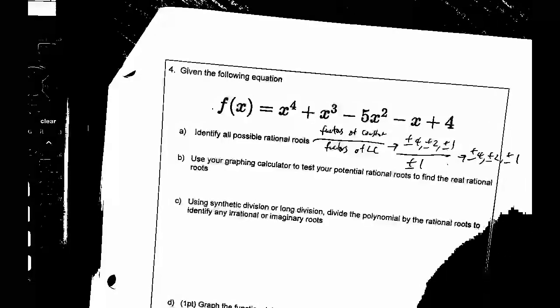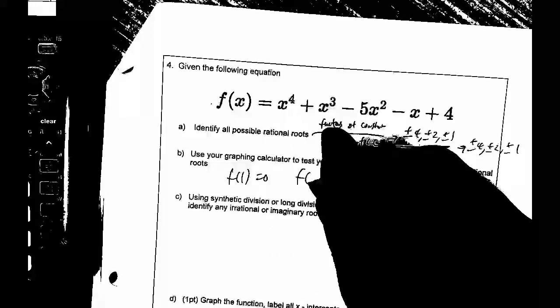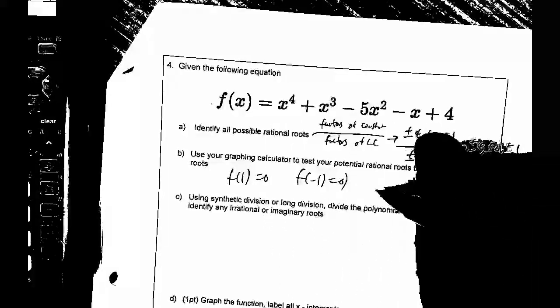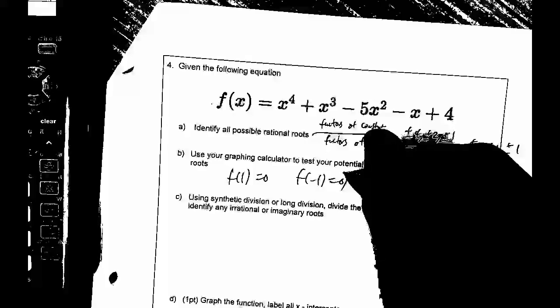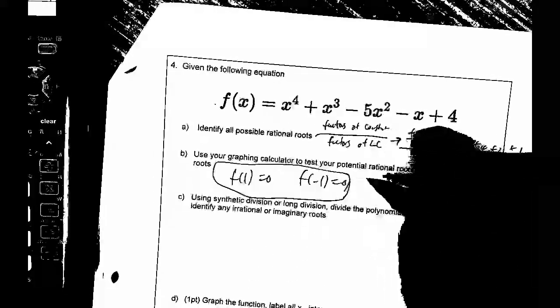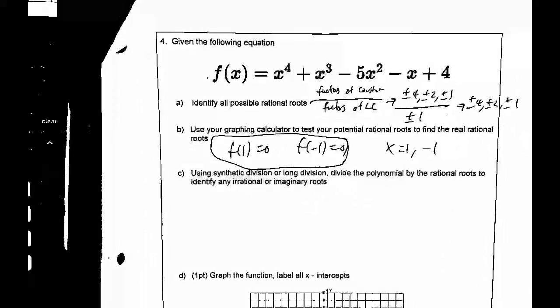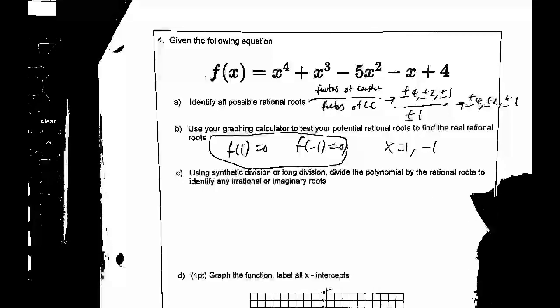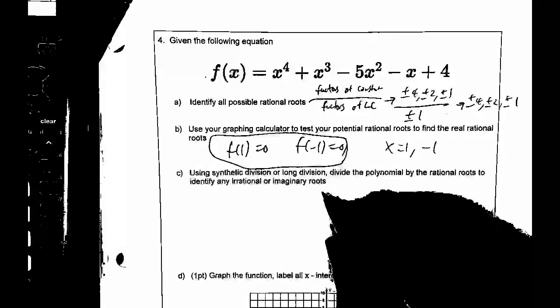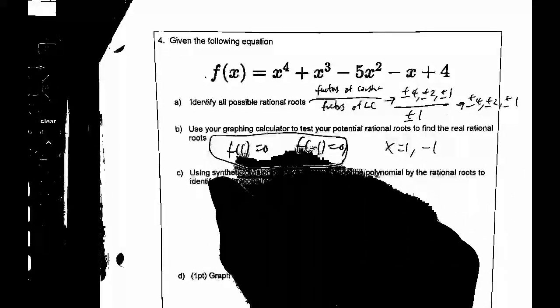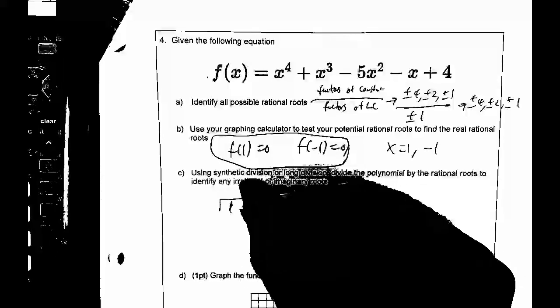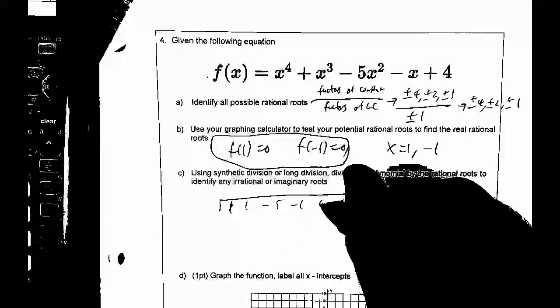Okay, so my real zeros, because f of 1 equals 0 and f of negative 1 equals 0, then it's x equals 1 and negative 1 are my real rational roots. Then we use synthetic division or long division to divide the polynomial by the rational roots to identify any irrational or imaginary roots. So what that means is we take our polynomial 1, 1, negative 5, negative 1, and 4,